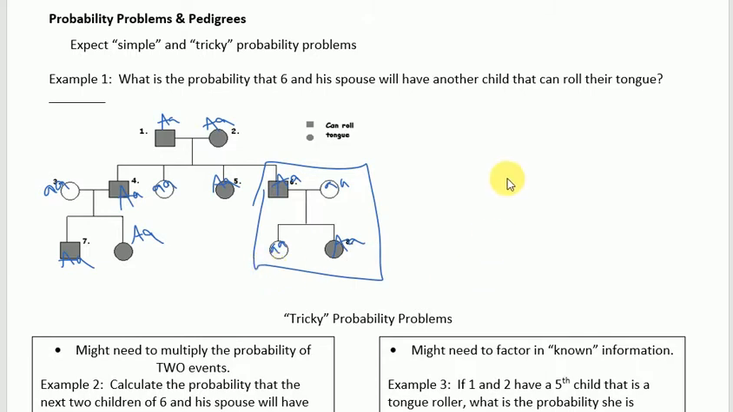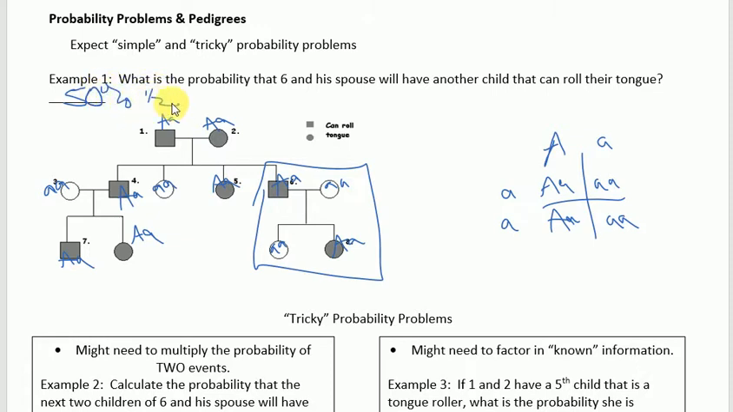Well, if you do the cross, you will see that we have 50%. So, 50% would be the answer, or 1/2. Okay,